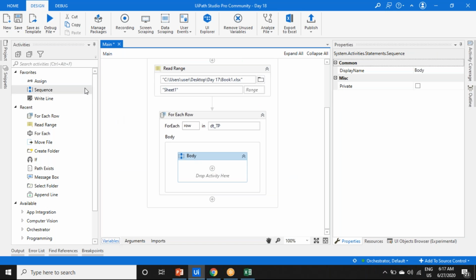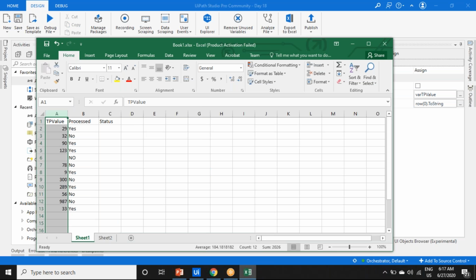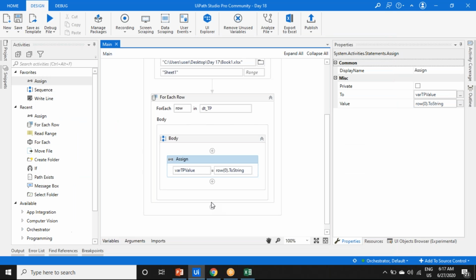Add var TP value to store the TP value from here. So I'm just creating var TP value, row of 0 dot to string. You can use a 0, where 0 means it is a column that starts with 0, 1, 2, like that. You can use a 0, or you can give the column name, either one. Anything is fine. Now 0 we are just storing into